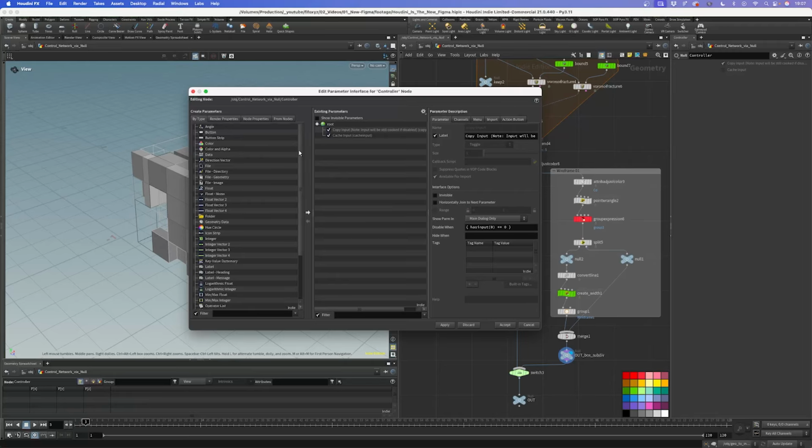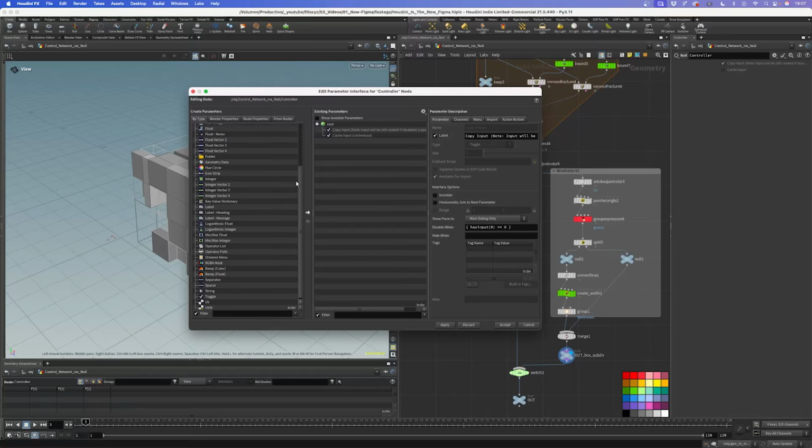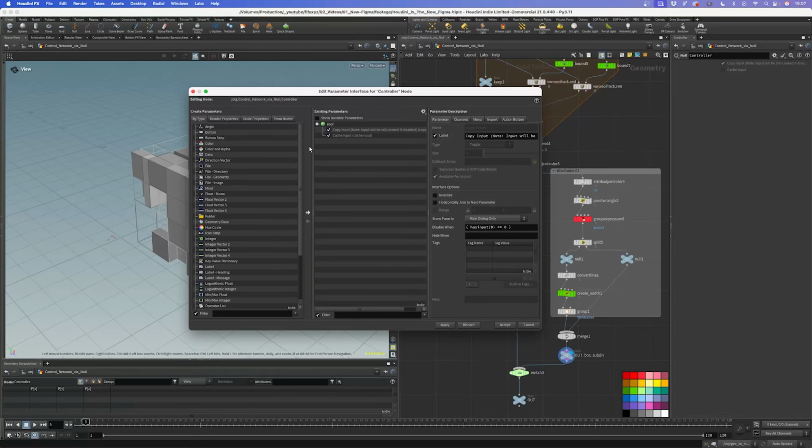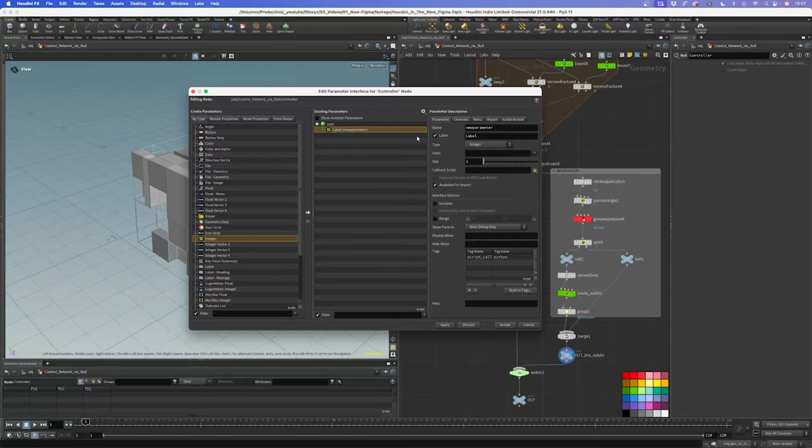On the left side we have all those interface elements of Houdini, and on the right side we have our node, which, except for this root thing here, which I can make invisible, is completely empty. And now we can freely pick from this list. Let's say we take this integer here and we drag it over,